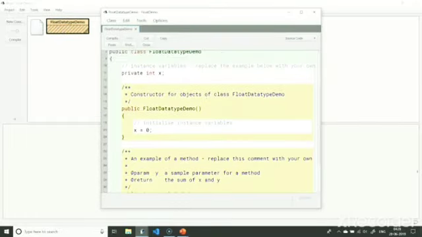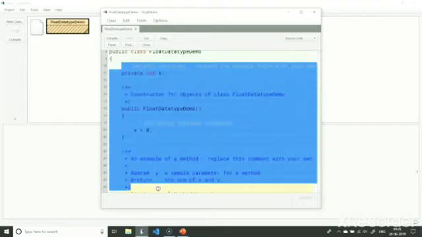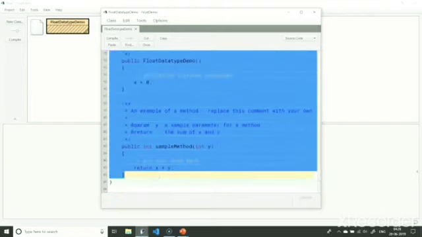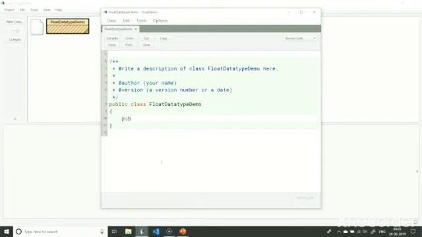First, let me remove this auto-generated code. I will start a function demo float. Inside this function, I will declare a float variable f1 and I'll assign it a value of 148.7623.